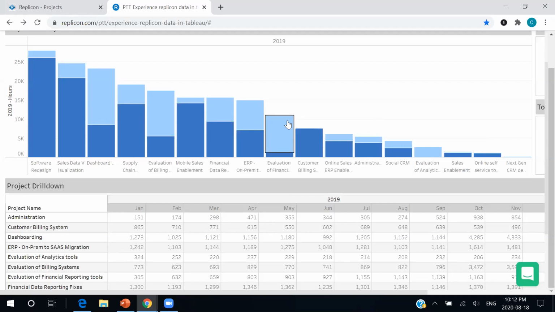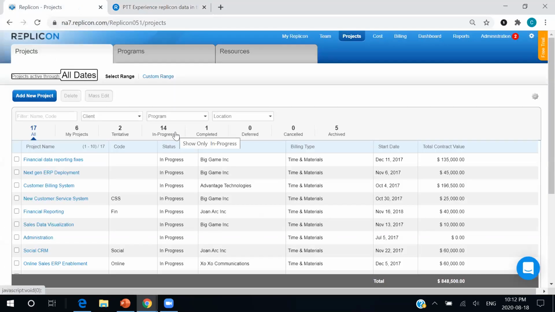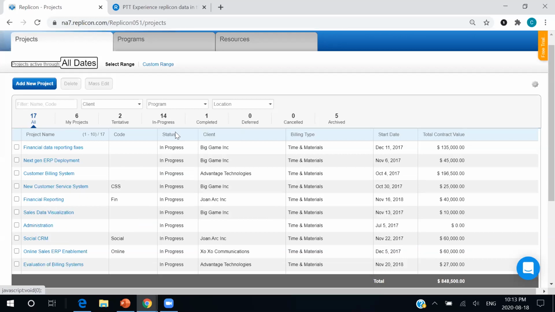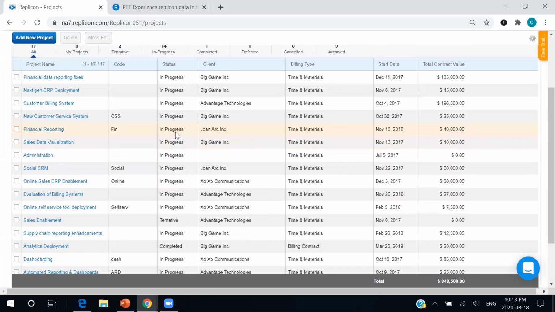But to have any of this information tracked towards projects, well, we need them in the platform itself. And there are a number of ways that we can get projects going within Replicon. And big reveal, here is the platform. So within Replicon, we are open source API. So that means if you have a project planning program, like Microsoft Project or maybe Sage Intacct, you can actually import all of your projects and they will be visualized just like you see here. They will retain all your data. You will be good to go.